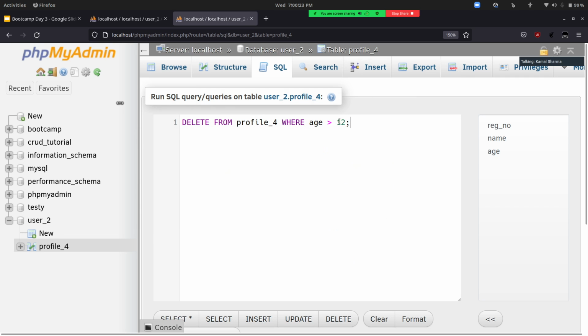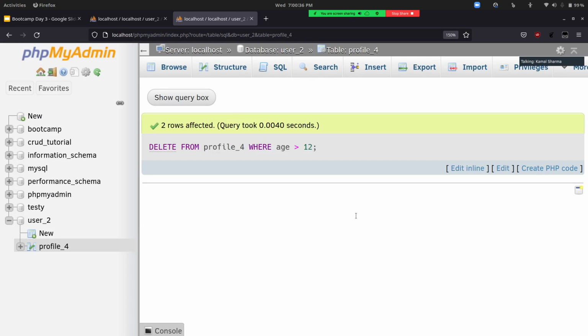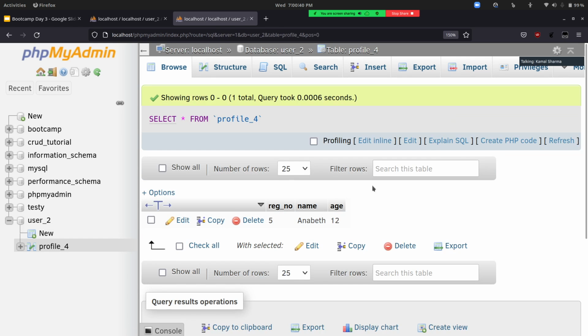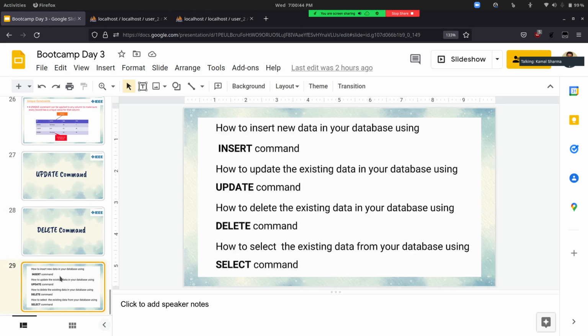So in that way, you can have lots of conditions and stuff like that. You can refer to the notes which I have shared. Hopefully it will be there in that. If not, feel free to contact me and I'll help you out with the questions. If I execute this, it should remove the records now. Yes, it has removed. So that brings us to the end of today's session.